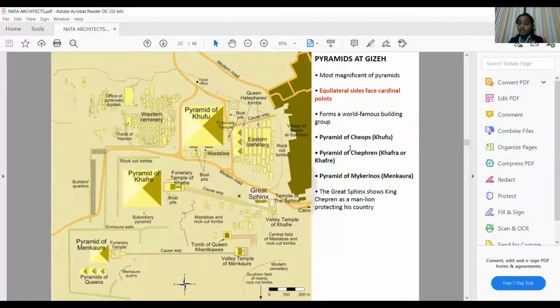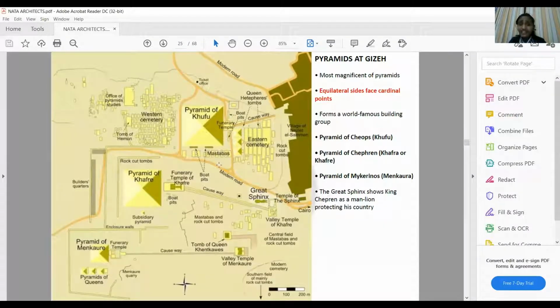the three important structures: the pyramid of Khufu, the pyramid of Chephren, and the pyramid of Menkaure. One of the largest among the three is the pyramid of Khufu. Along with these structures, you have to observe this whole complex. It was also referred to as the city of the dead, and the city of the dead is referred to as your necropolis. So I hope you guys are making points of each one of the terms that I'm telling you.